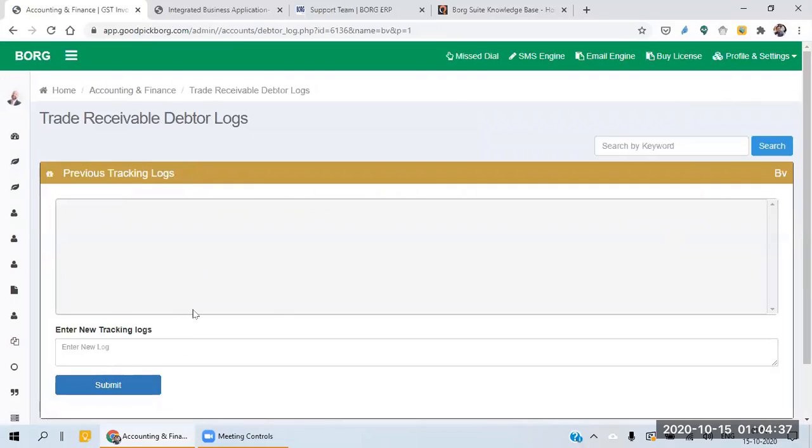If you want to follow up on payment or make notes or keep a history of a customer, you can do the same thing. I think you will find this very useful, because most people follow up on payments and they don't remember the history of the customer. So you can use this.